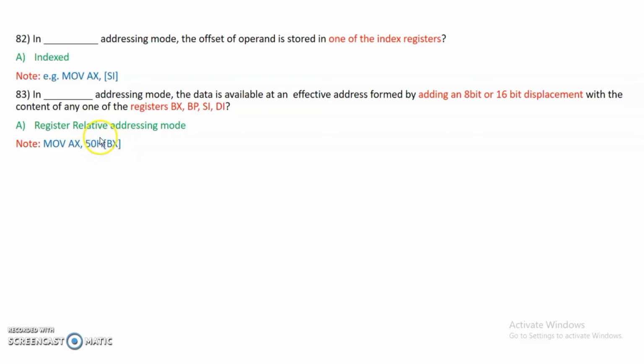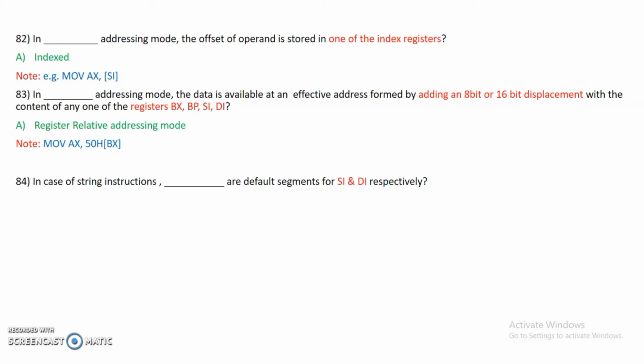So this is displacement data, 50H stands for displacement data, and this particular data I am adding with the content of registers like BX, 16-bit content of the registers, and whatever value is there by adding the address of 50H and BX, so that particular data which is stored in that particular address, that one I'm moving on to the AX register. So try to make a note of it, so don't get confused over here. Study the question properly so that you will get the answer quickly and thoroughly.